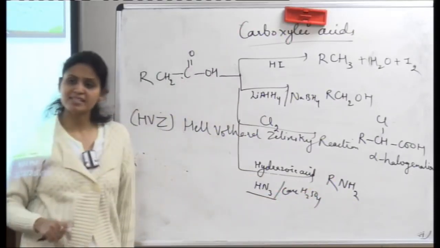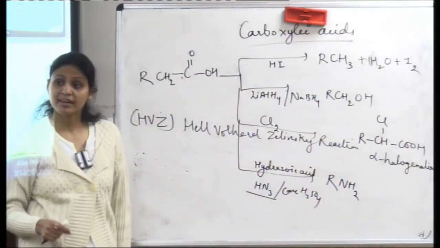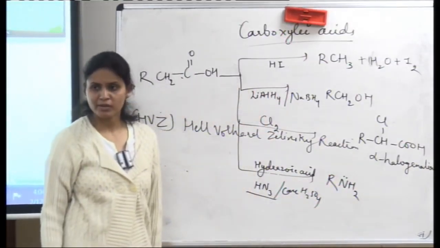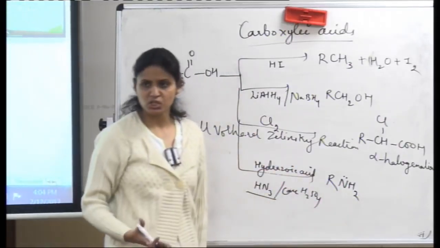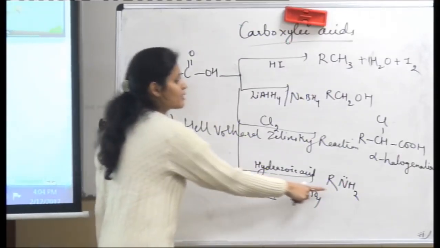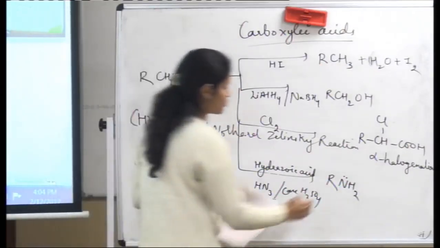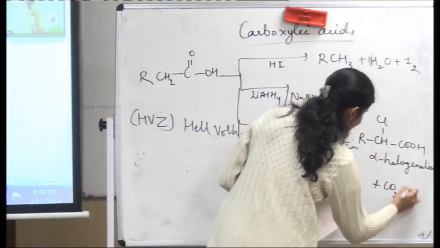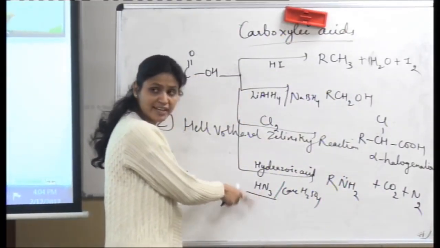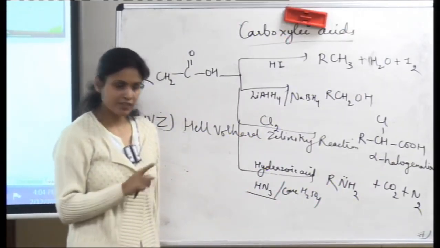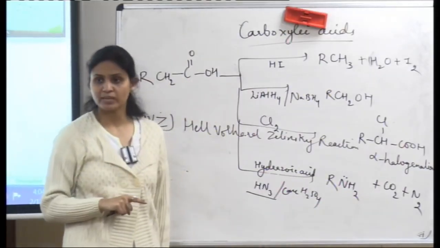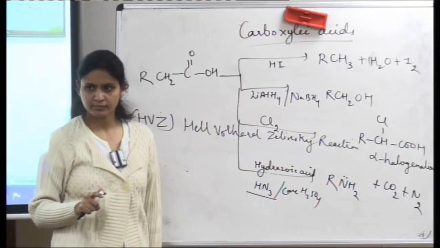RNH2 is a reducing agent. Amines are reducing agent or oxidizing agent? They are reducing agent because nitrogen has one lone pair of electrons on it, and hence amines are basically reducing agents. So I am using hydrazoic acid to form amines from the carboxylic acid. It would be RNH2 and CO2 and N2. Please make sure this is HN3, hydrazoic acid, and not NH3. If it would have been NH3, the reaction would have been RCH2CONH2. That means the formation of amido group, right?